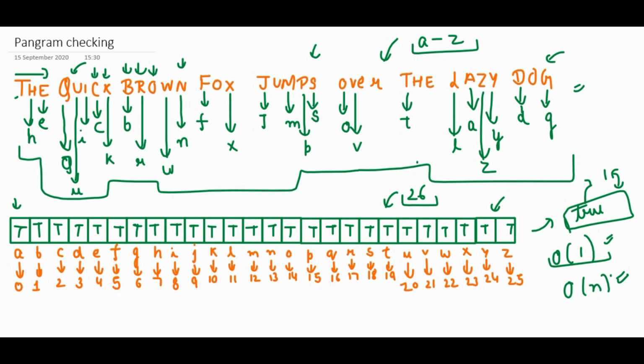If we want another example, we can delete lazy from it, and after that we will be left with only L and Z, which are not true. Where is L? L is here, it will not be true, it will be false, and Z will also be false. So in this case, as we are not finding all the letters as true, we have to return false from it if we don't have lazy in this sentence. Okay, so this way we can solve this question.